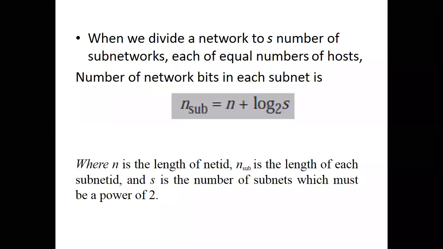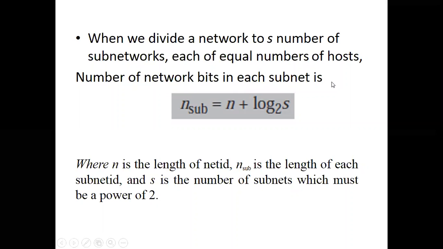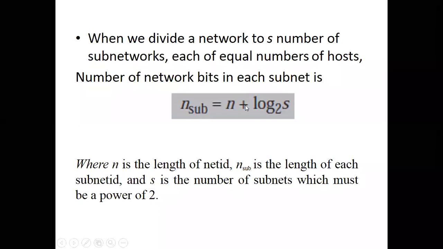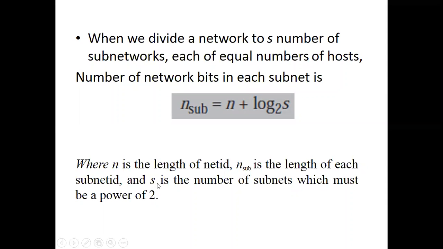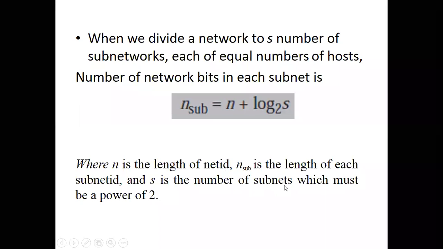In classful addressing, when we divide a network into S number of subnetworks, each with an equal number of hosts, the number of network bits in each subnet can be calculated. N sub is equal to n plus log of S to the base 2, in which n is the number of network bits, N sub is the length of your subnet ID that you are going to identify,